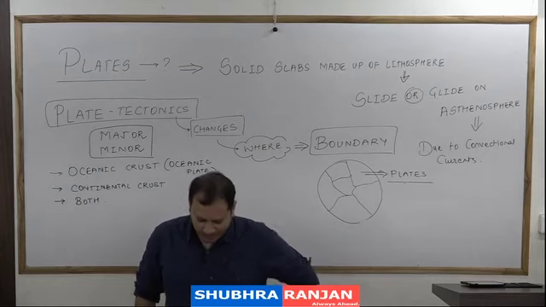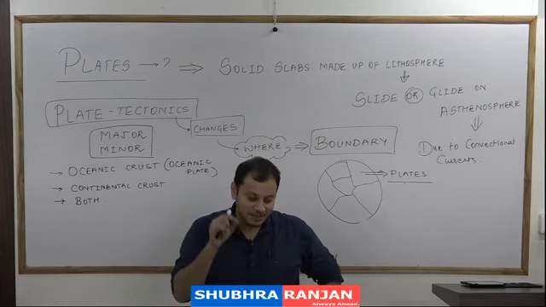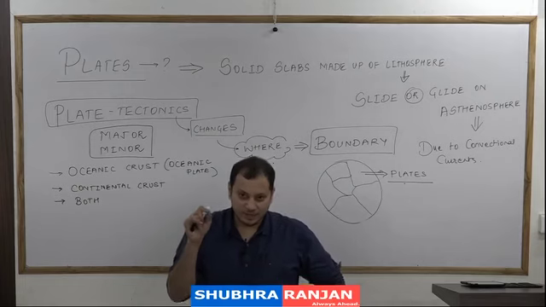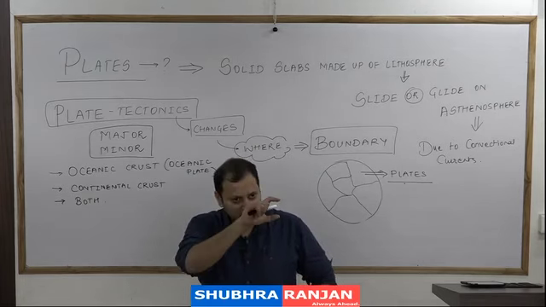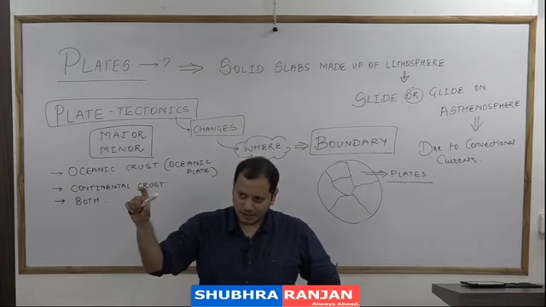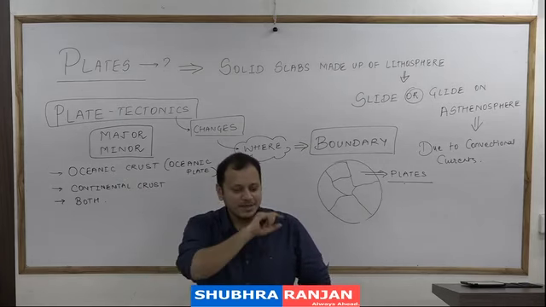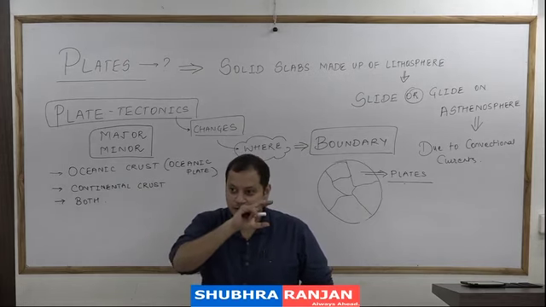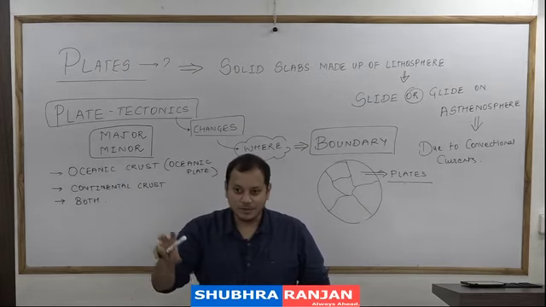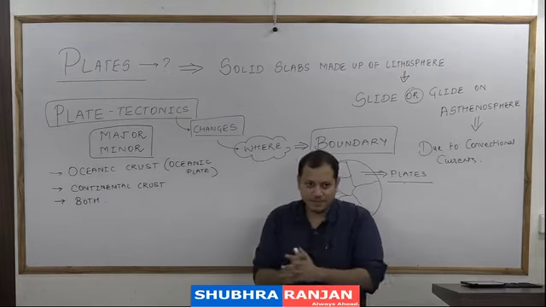A continental plate. What does this mean? It is mostly continental, but there is some oceanic part here, and these are your questions in the preliminary examination. Either the Pacific plate is totally an oceanic plate, true or false? Yes. The next statement will come, the Eurasian plate is wholly or totally a continental plate, true or false? No. A little bit of it is the oceanic part.